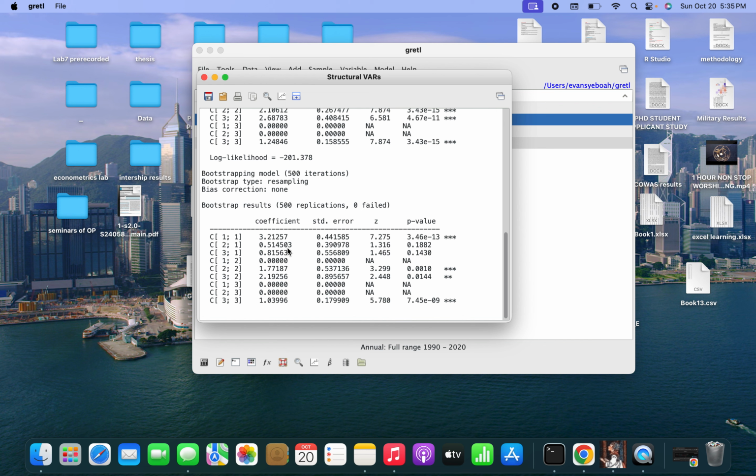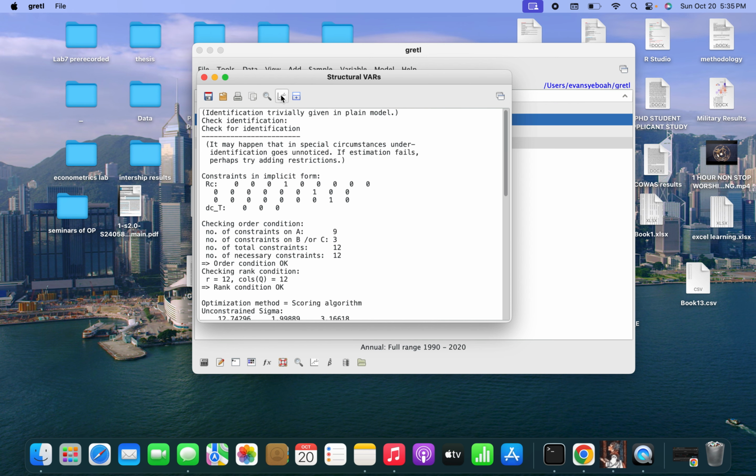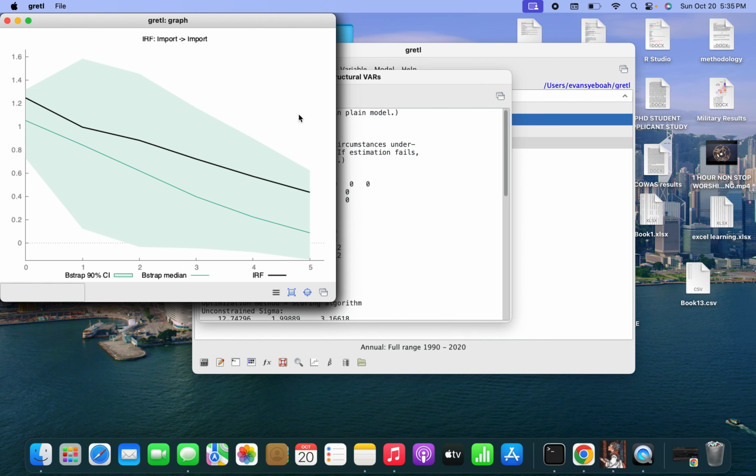It's really reducing. So if you really want to go into detail, you need to spend much time on this and then make sure you practice well. If you want to plot any graph from this side, what we have estimated here, you just have to go here and you can click here for the IRF. This is giving us this one. So when you click, you can see,